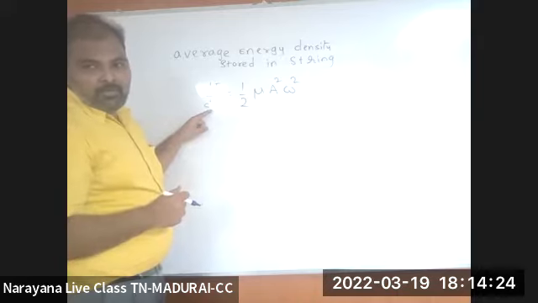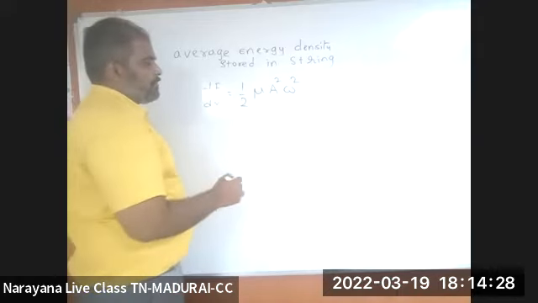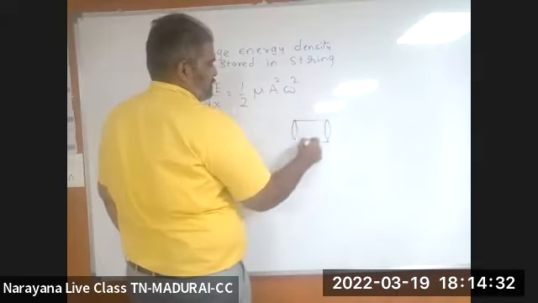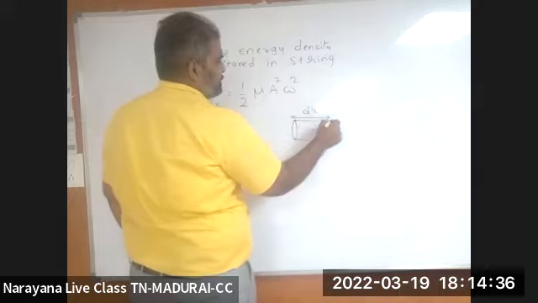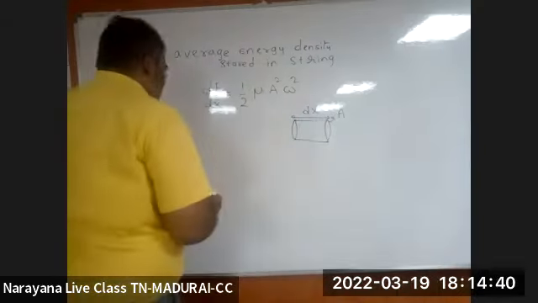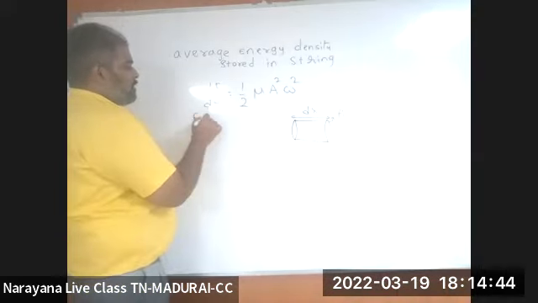In that scenario, what do I have to do? Suppose I am taking one rod of length dx and area of the circular cross section capital A. So on either sides, what will I do for rods,